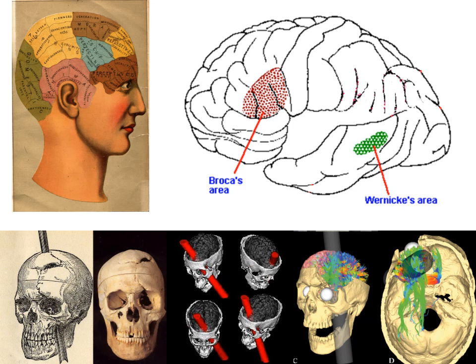Now, luckily for him, if you will, it didn't hit any of these key areas that we now know are associated with speech understanding, speech production, and also memory creation and access. But it did still have a major effect on his personality and his behavior. So again, these studies are all showing us how important that physical connection is to behavior. The mind and the brain are not separate entities. They're highly intercorrelated, highly connected.